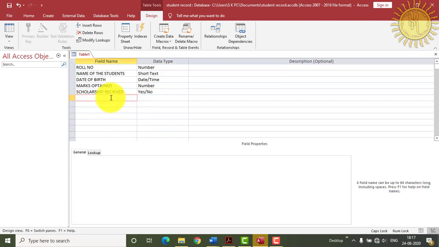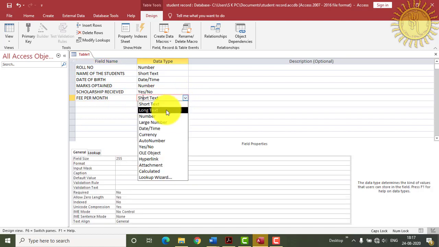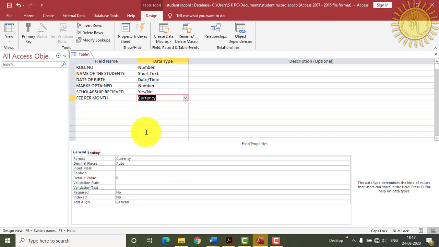And then fee per month. Fee per month is in the form of currency, so we will select the currency data type.